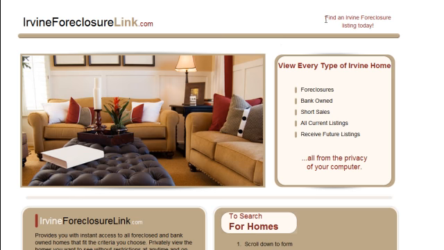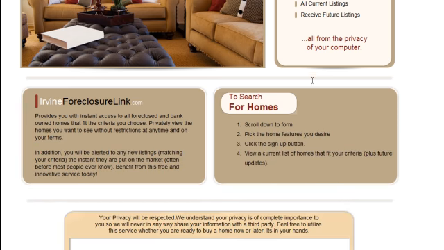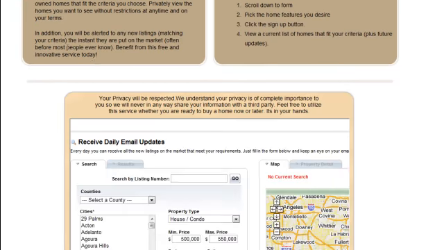Let's see the marketing messages. It focuses on finding homes. Yes, it does. View every type of property in Irvine. And it kind of gives me an idea. And now when I scroll down, here I am right on my search